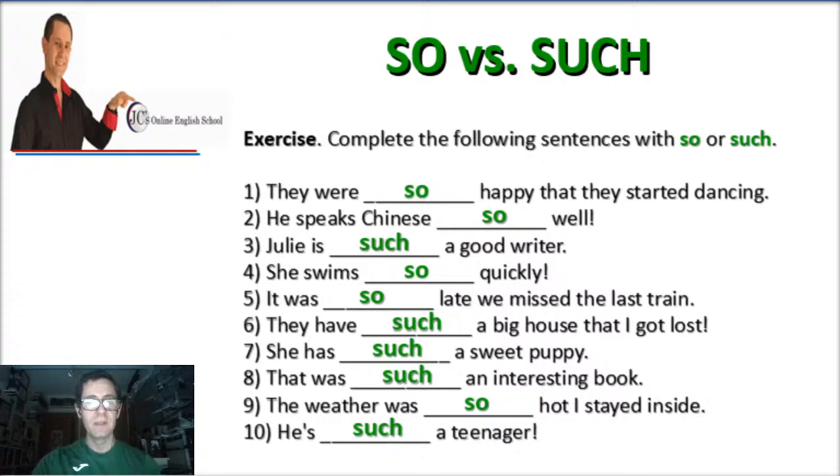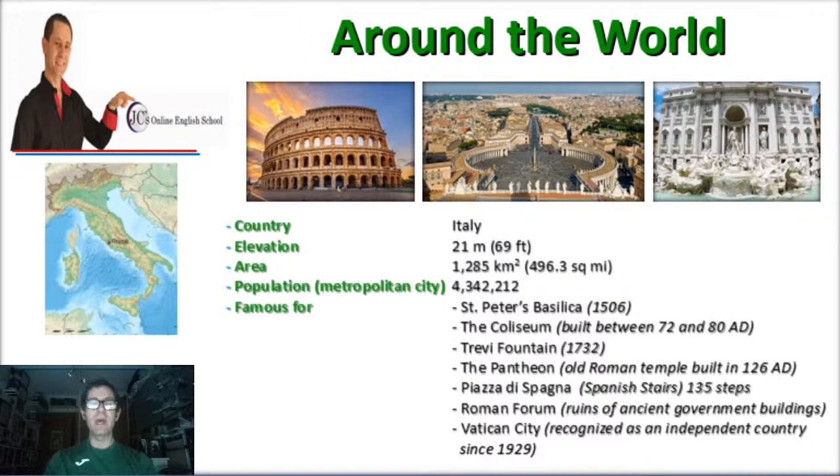It's always a pleasure. Okay, now, today's city. Today's city is none other than Rome. Remember, every week we have a different city. We have taken a look at Madrid, London, New York, Paris, and today we have the capital of Italy, Rome. Obviously, the country is Italy. The elevation over sea level is only 21 meters, or 69 feet. Compared to Madrid, 600 and something, it's a big difference.